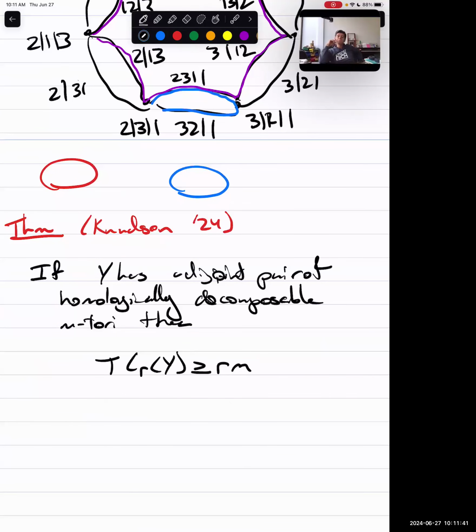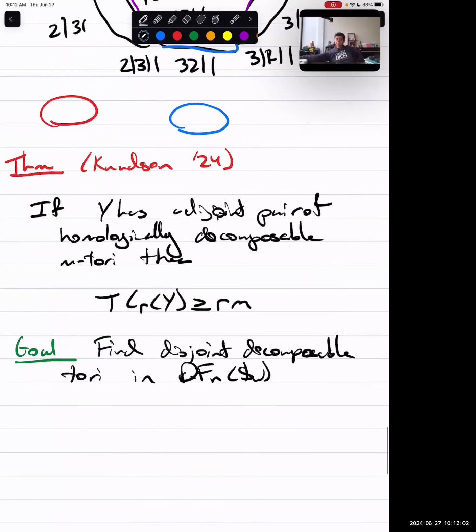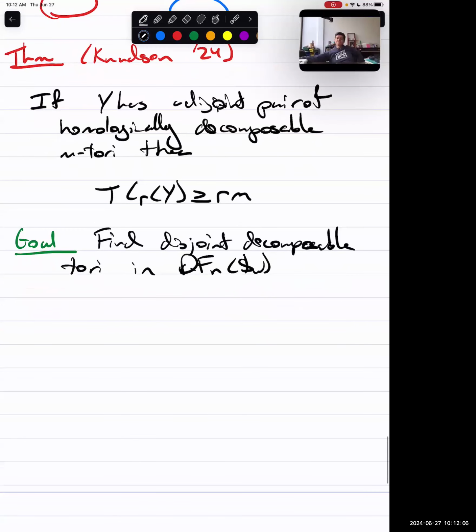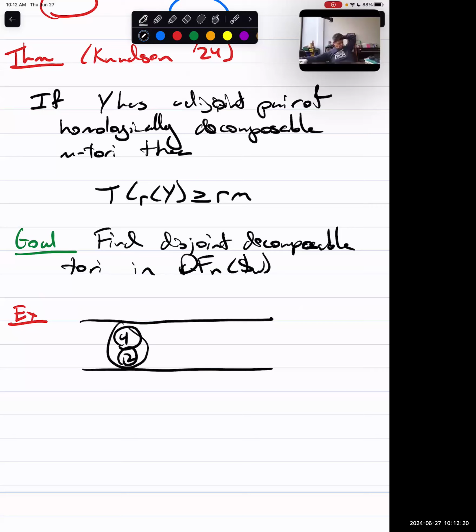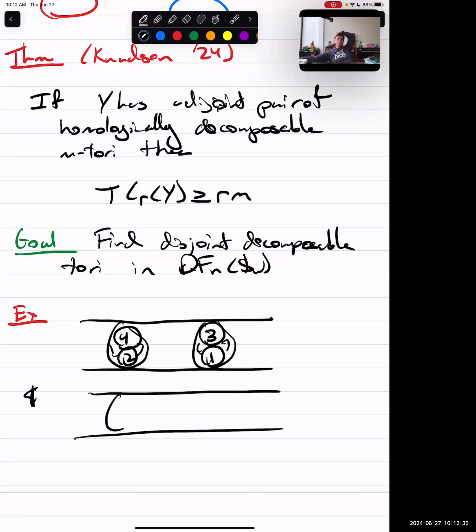So the goal: find disjoint decomposable tori in this disk configuration space. And it turns out that the following is going to work perfectly well for us. All we're going to do, say for an example, and just kind of building off what we've seen before, is, these are two tori in the ordered configuration space of 4 disks in the infinite strip of width 2. So right, we've got 2 orbiting 4 and 3 orbiting 1. And similarly, we can have 3 orbit 2